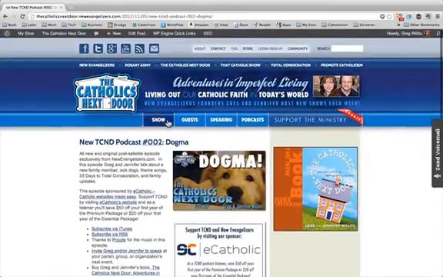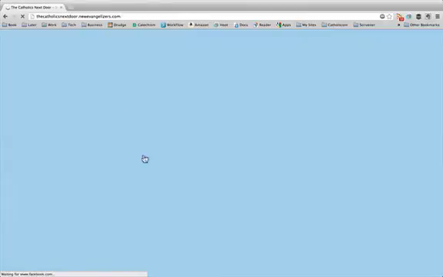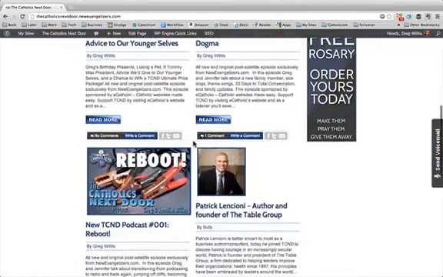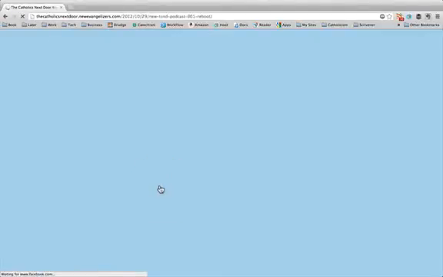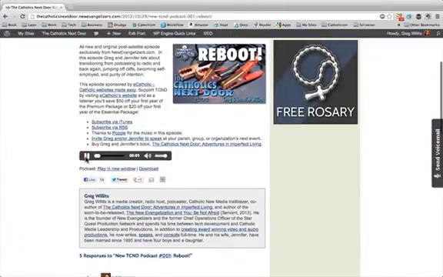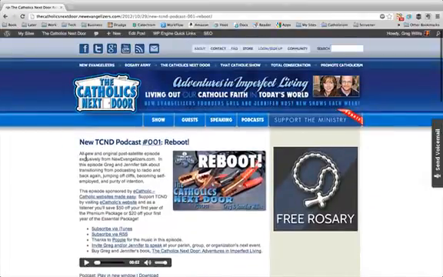You can go to anywhere on our website, and this is on any of our sites, New Evangelizers, Rosary Army, and so forth, that may have other links elsewhere. You go in there, and if you see the little triangle, just click on the triangle, and right away it'll go back, and it will find that file, and it'll start to play the file. Okay, so that's very easy to listen to it from our website directly.